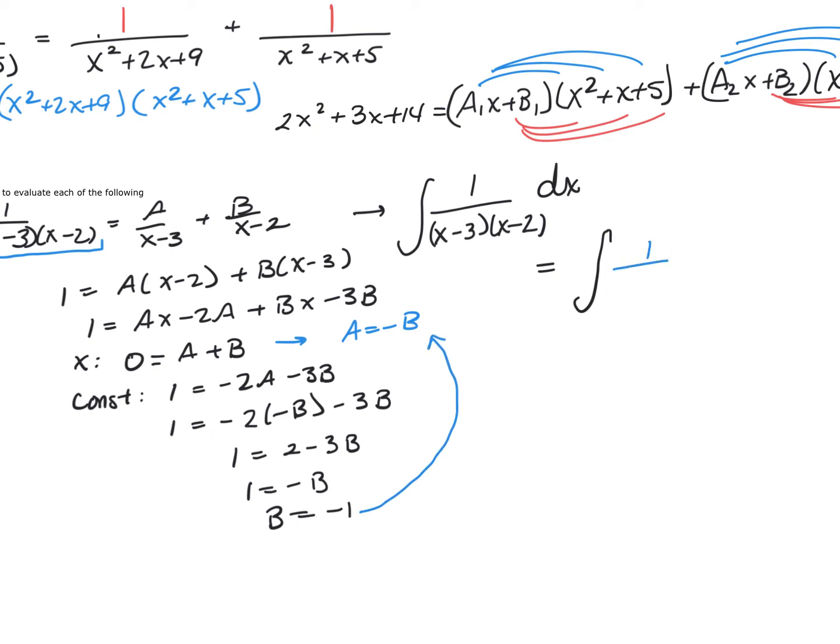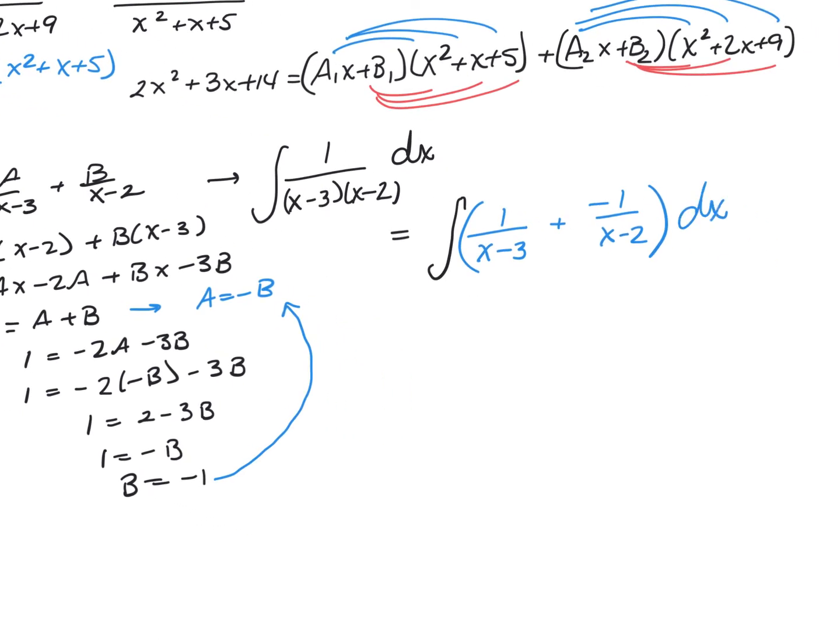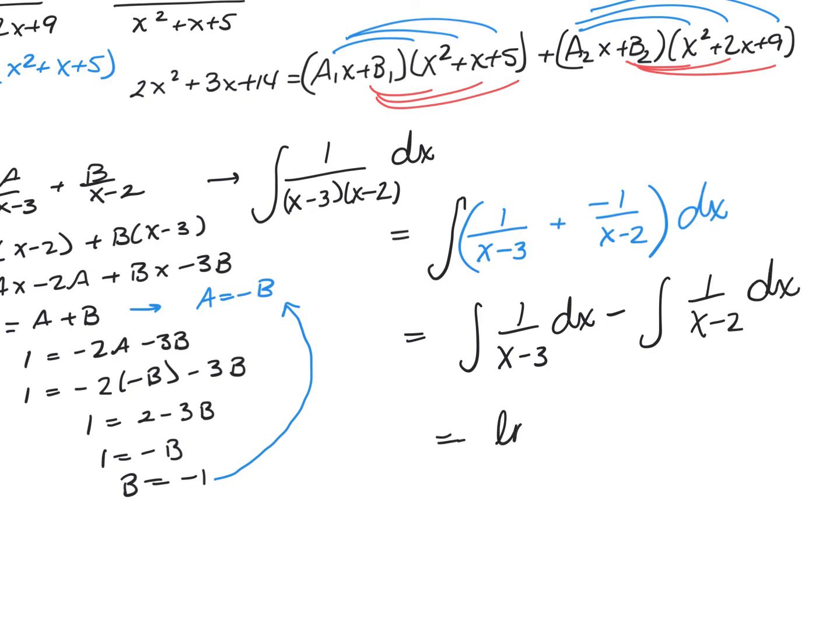So 1 over x minus 3 plus negative 1 over x minus 2 dx, which is the integration of 1 over x minus 3 dx minus the integration of 1 over x minus 2 dx, which is the natural log of the absolute value of x minus 3 minus the natural log of the absolute value of x minus 2